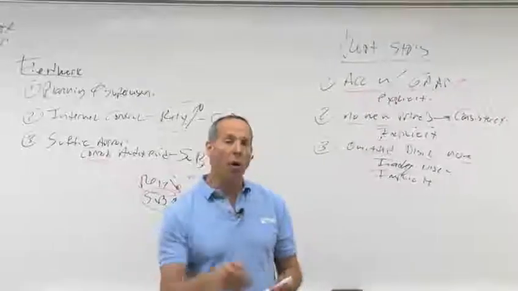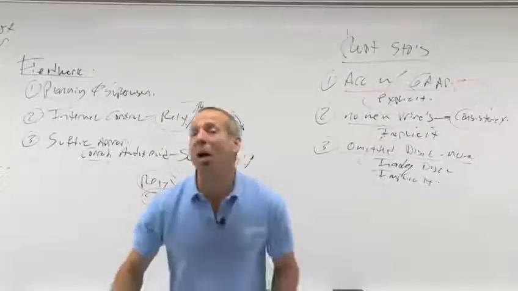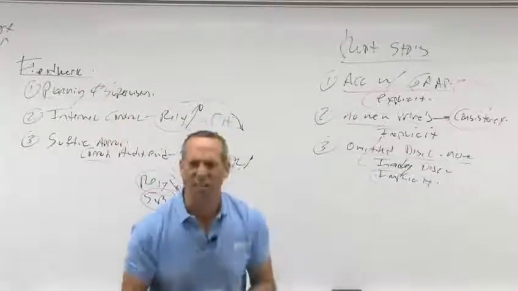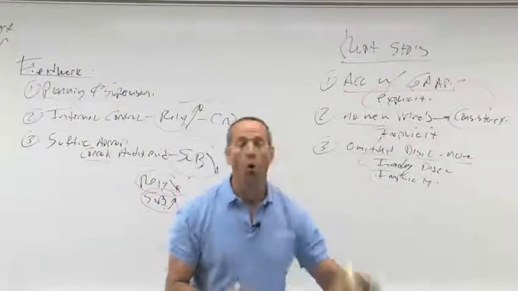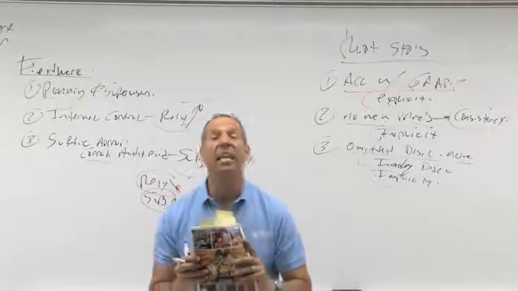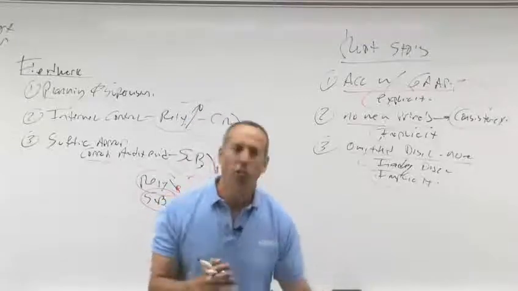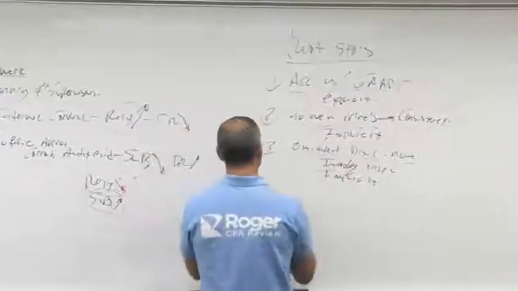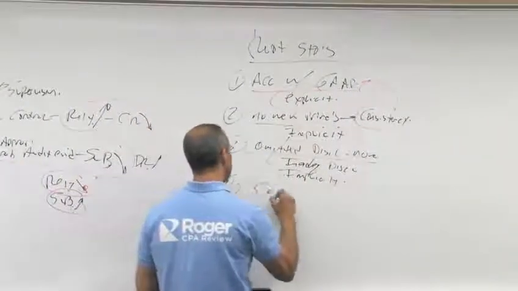The fourth one is why we all get paid the big bucks to be in public accounting. Why do we get paid the big bucks? In order to what? Express an opinion on the statements taken as a whole, or explain why an opinion cannot be given and give the reasons for not giving an opinion. So that's called explaining, or that is called expressing an opinion. So the fourth one is what? Express an opinion.